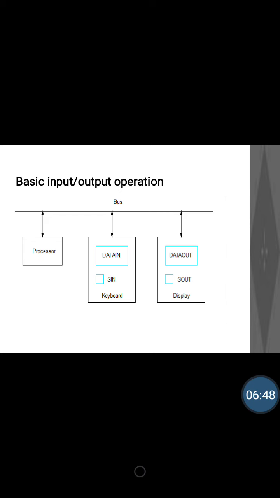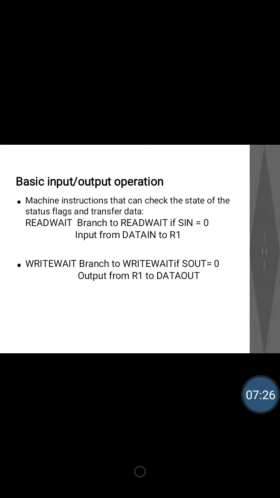The processor, as it is checking the SIN bit, in the same manner will be checking S out also. When the processor checks that S out is 1, what will it do? It thinks that yes, the data out which was stored is now displayed and it is empty, so another character can be sent. So, it sends one more data and again it will be placed in data out. Again S out becomes 0 because data out is full now. It will be displayed. After displaying, S out becomes 1 again. Again the processor checks S out as 1 and sends a character to the data out register. So, this is how outputting is done, and the same is shown in these instructions.